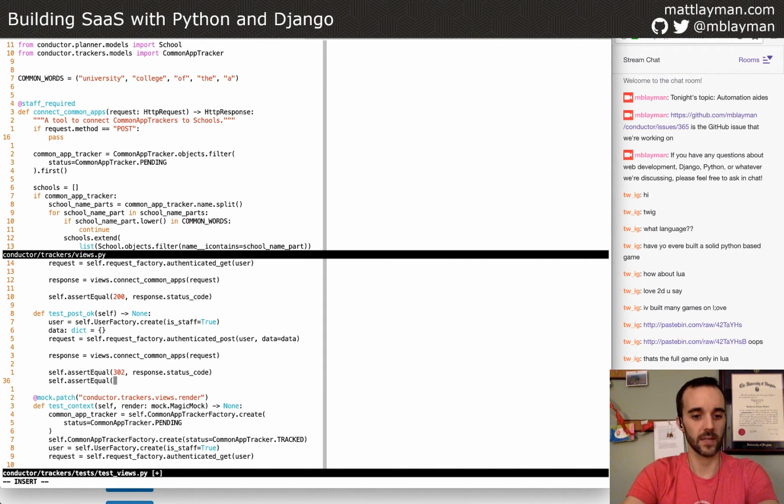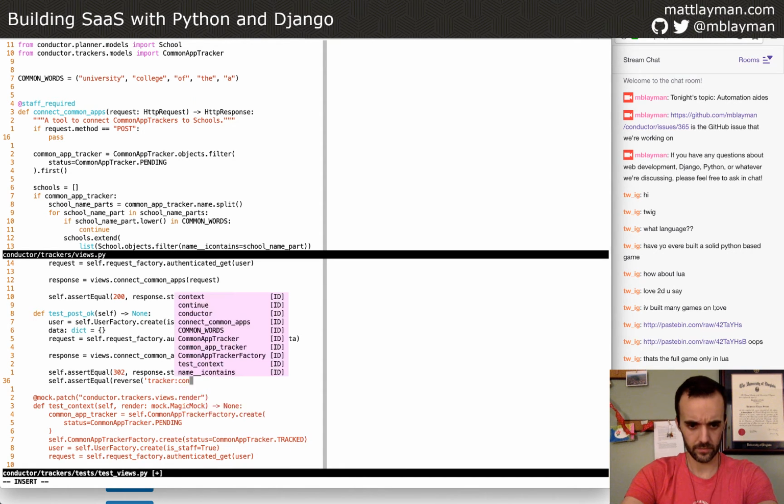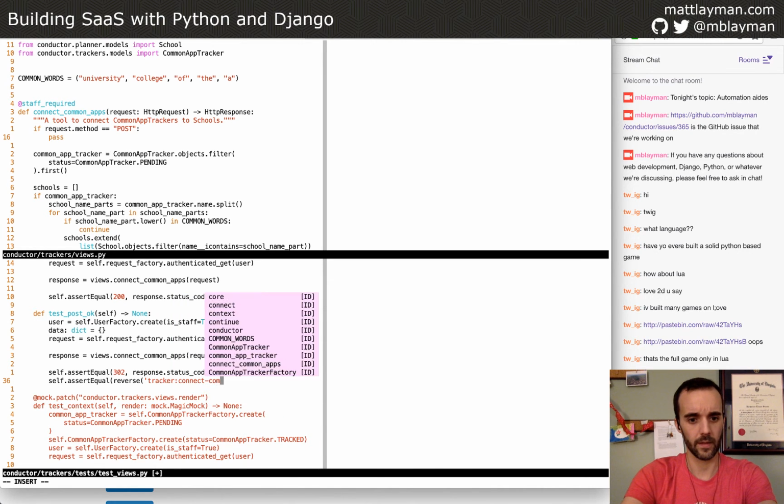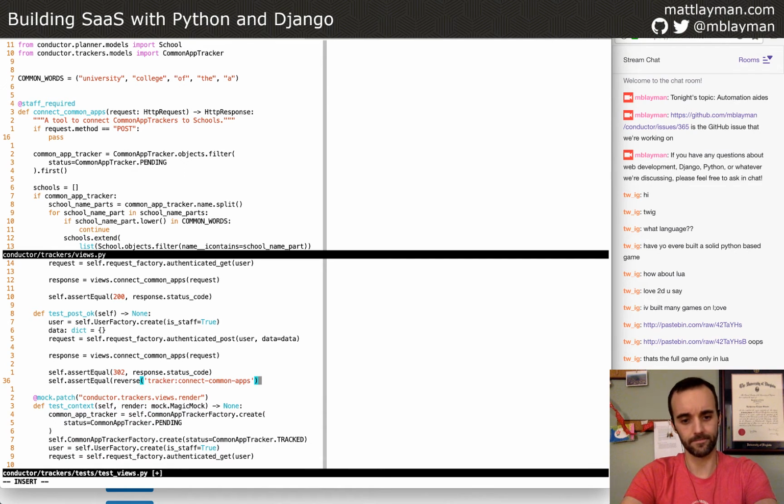So we want to say that I want to use reverse, and this is trackers connect common apps, I believe is the name of the URL. Django gives names to all of its views so that you can reference it by that name rather than a path.